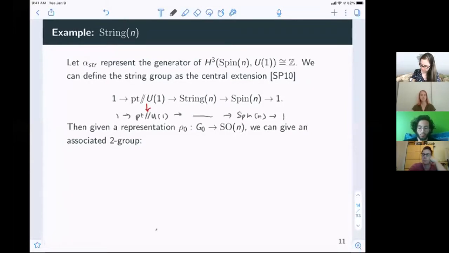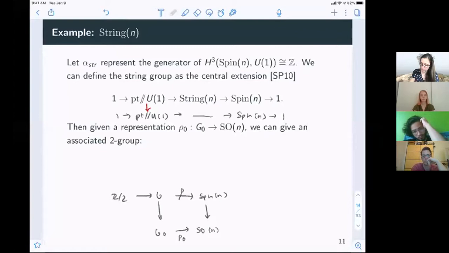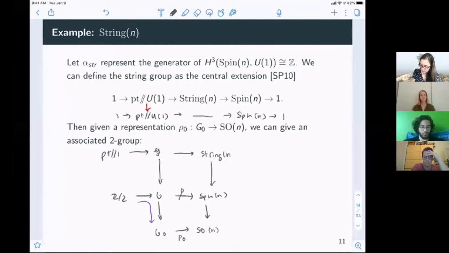So we start with our rho naught, and then we can pull back to get G with fiber Z2. So this is giving G as a central extension of G0 by Z2. And then we have the string group living over the spin group. We can pull back again. And so this gives our curly G as a central extension of G by BU(1),